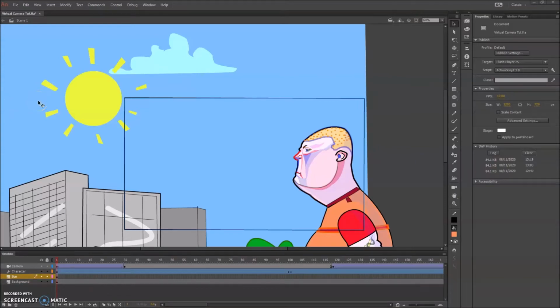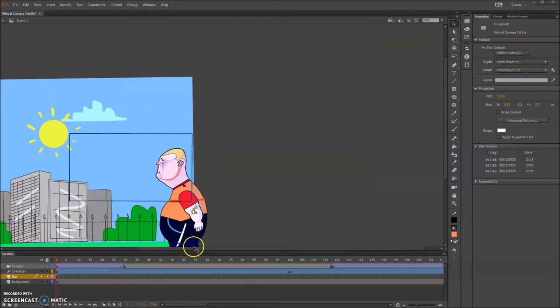Right, we're going to have a look at creating movie clips now, which is one of the most useful things really in Animate. It enables you to create little kind of almost like sub-animations. So in your main, if we look at my main animation here on the main timeline, you can see the layers and the